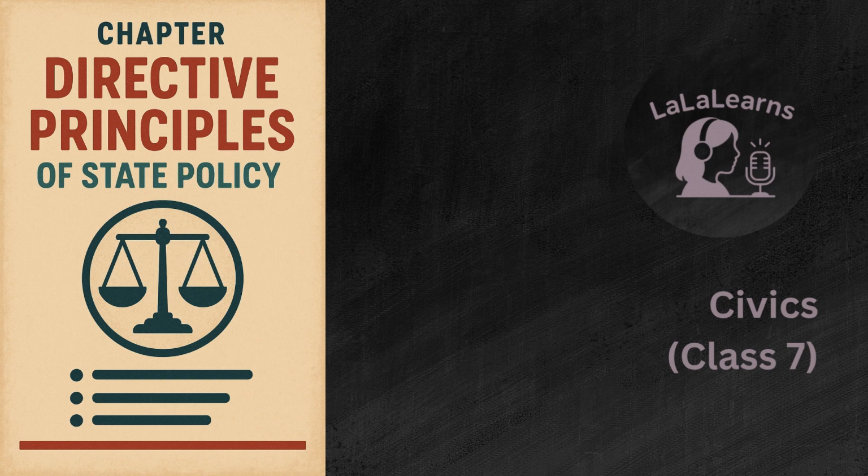Okay, today we're going to unpack something really foundational. It's a part of constitutional law that acts like a compass for a nation, setting out those big picture goals. We're talking about the directive principles of state policy from India's constitution, DPSPs.